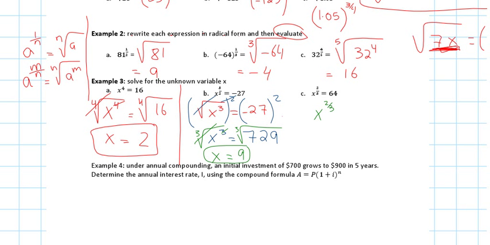If I want to do the short way, what do I raise it to? 3 over 2. Whatever I do to one side, I have to do to the other side. Right? So I have to raise it to 3 over 2. So the 3 and the 3 cancel, and you'll be left with x equals, and then put that in the calculator. Put 64 to the power of